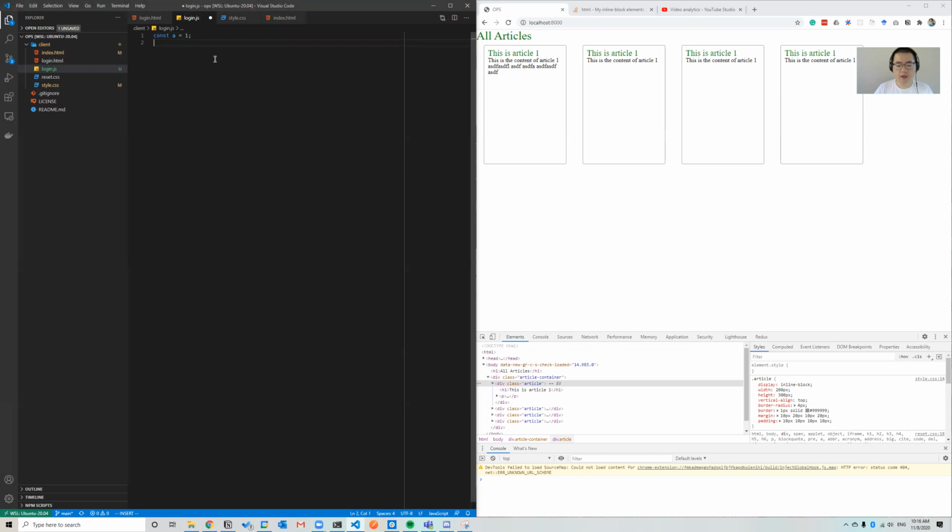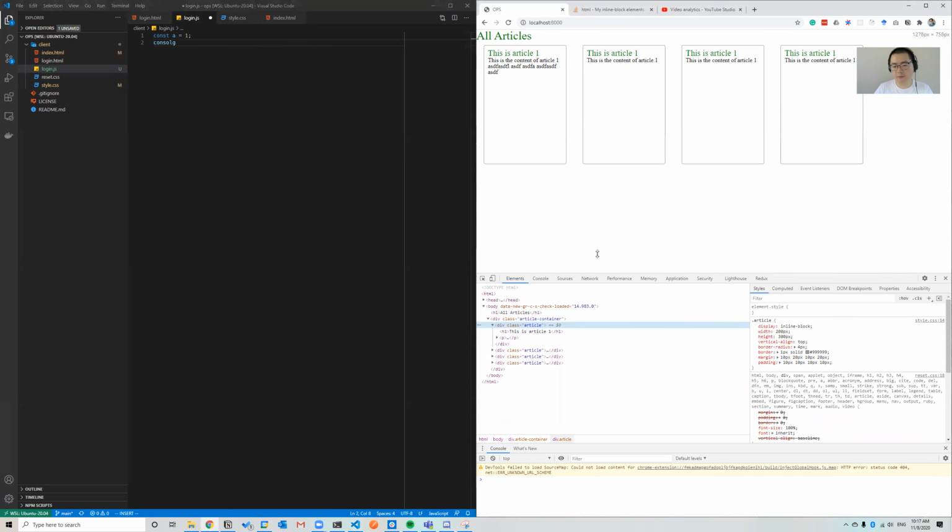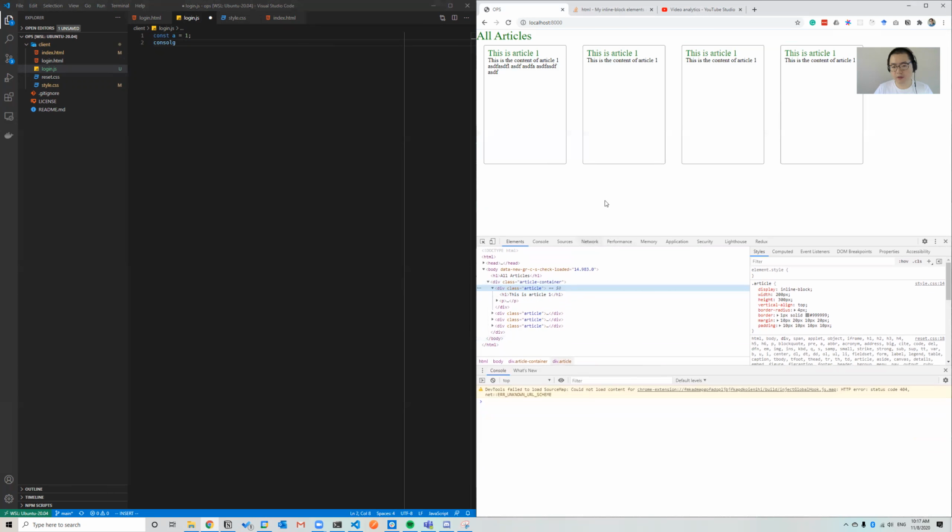In JavaScript, you cannot directly print because you do not have a terminal. You're not running it in a terminal. But what you can do is to use console. So in any browser, you will have a console. If you open this developer tool,